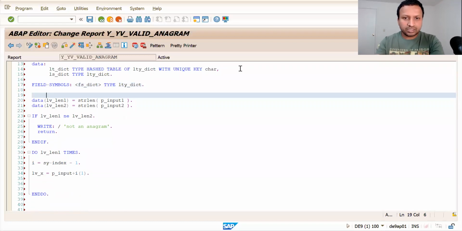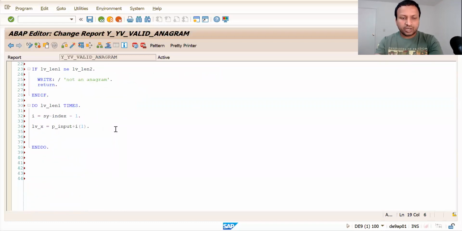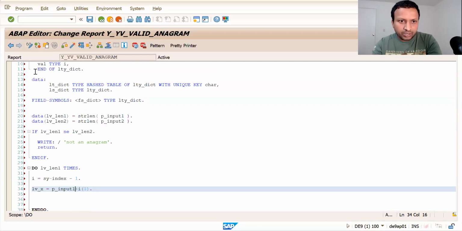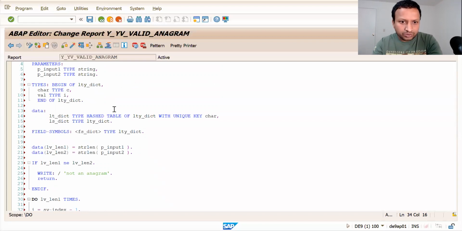So I think these are common things. Now, as we have taken our first character here, as we have looped, this is input 1, because these are input 1 and input 2.